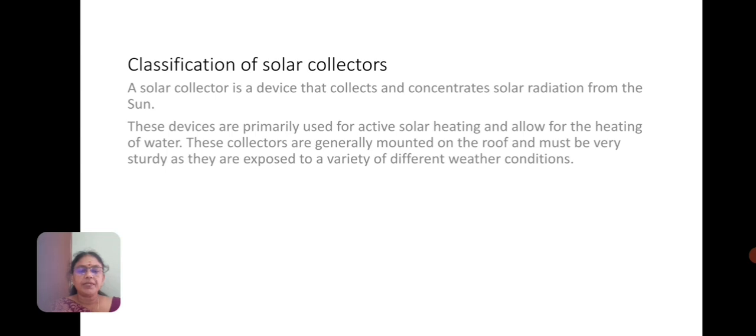This is a very simple design, but collectors can get very complex. Absorber plates can be used if a high temperature increase is needed. It is not necessary, but generally devices that use reflective material to focus sunlight result in a greater temperature increase. So this is how solar collectors are used to convert solar energy into other energies, heat or electricity.